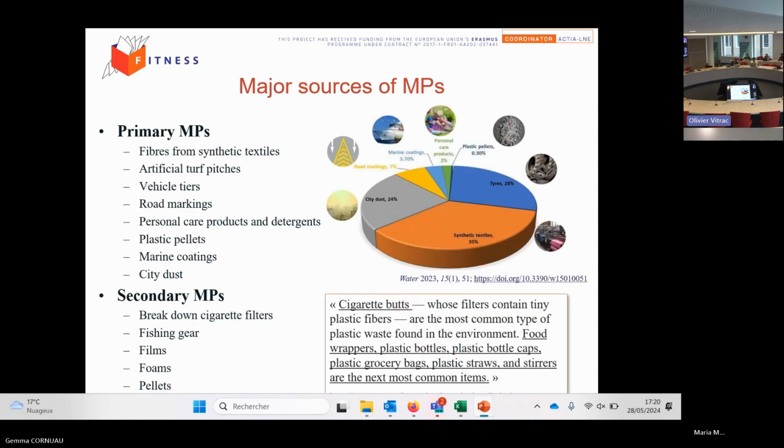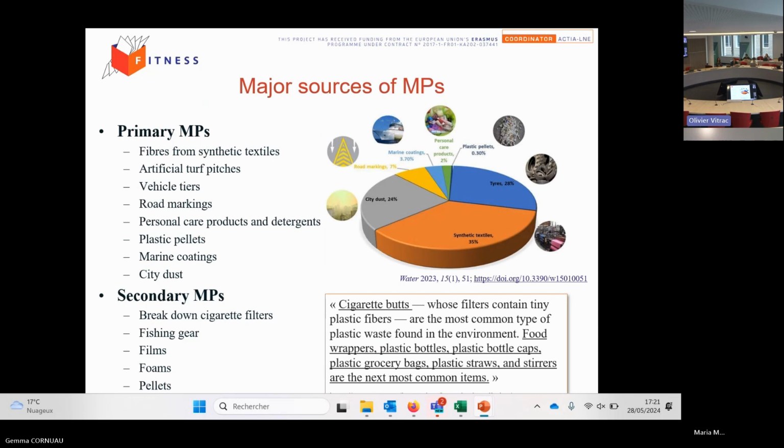When one is trying to get some figures out of there, I was just listing what would be the primary microplastics, and I was trying to use several sources in order to have an idea which one would be the most important one. It is not completely granted because the sources are not coherent among them, but what I feel should be at first is the fibers from synthetic textiles, which are coming out of our washing machines, for example.